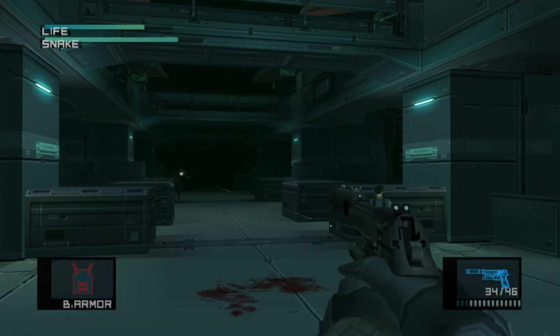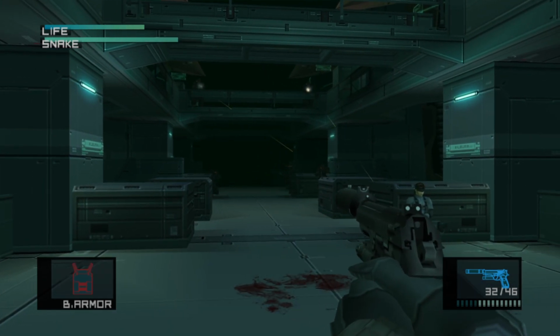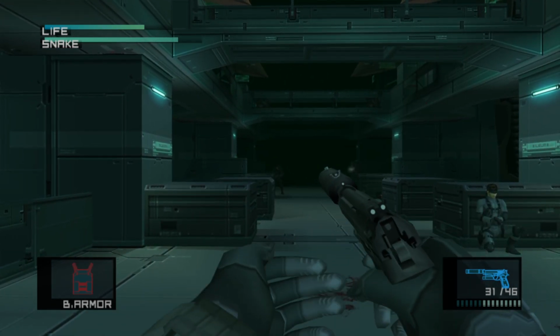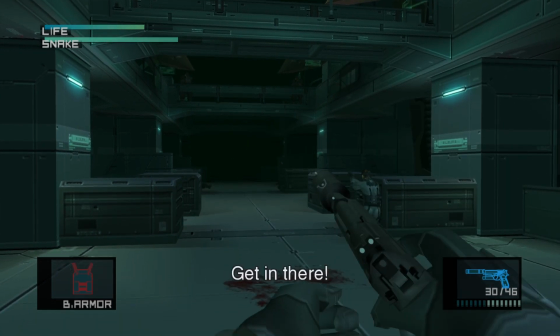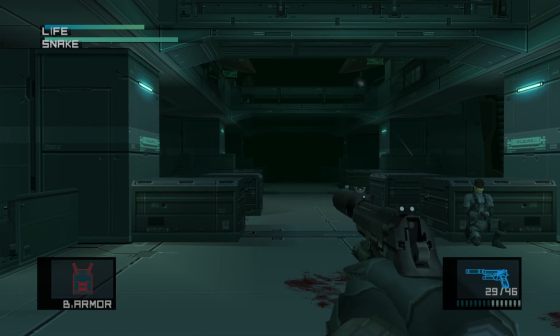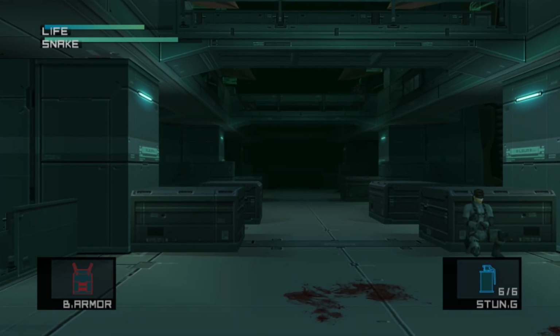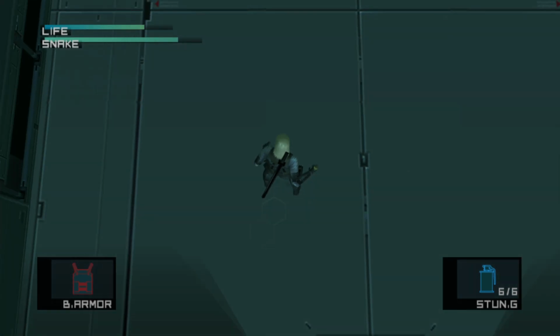So you just want to take all the ones out that are on the floor. I never shot the two on the balcony because I was scared that if I tranked them, they would fall forwards and fall over the balcony and drop to their deaths. So I just left those two and hoped that Snake would do it, but he just didn't do anything in this one. So after you've killed all the ones that are on the floor,